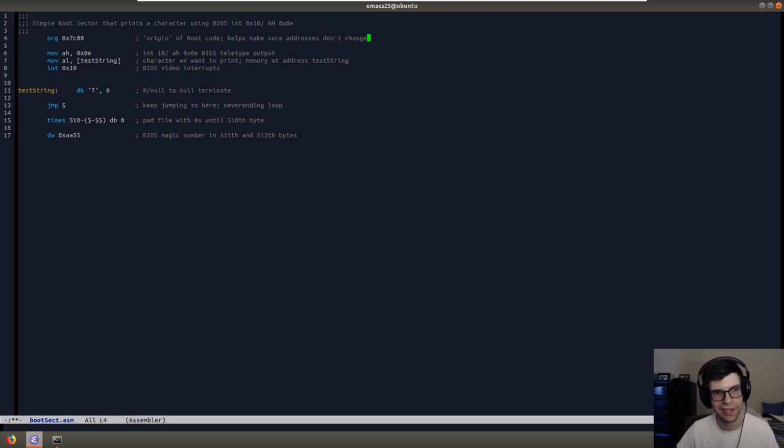This helps make sure any addressing that we set up does not change. So we put that here, and it basically says, hey, you're supposed to start at this location, and then the assembler will set up our labels and our memory addresses based off this location. So test string would be at some offset from the original location 7C00. And that means when we go to print or move the value at that memory address into AL, it would